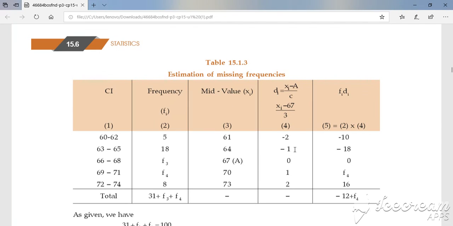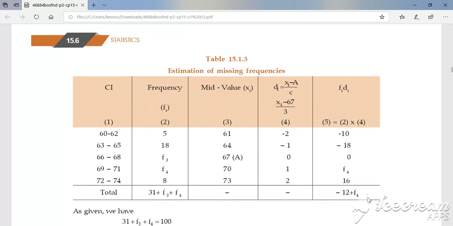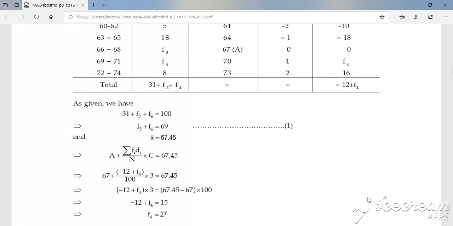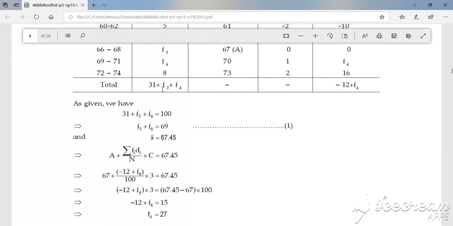After calculation they will get minus 2, minus 1, 0, 1, 2. These are what? di's. So the next column will be what? fi di. So fi is given, this di is given. So after considering this they will get minus 10, minus 18, 0, f4 and 16. Why 0? Here 0 is there, so 0 into f3 will be 0, and 1 into f4 will be f4, right? So the addition of these fi di's will be minus 12 plus f4. But the summation is